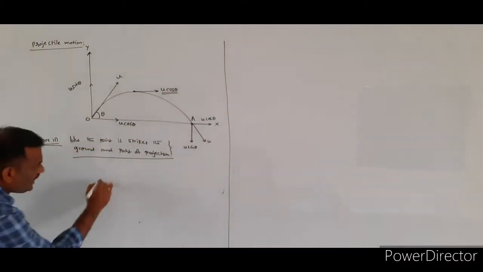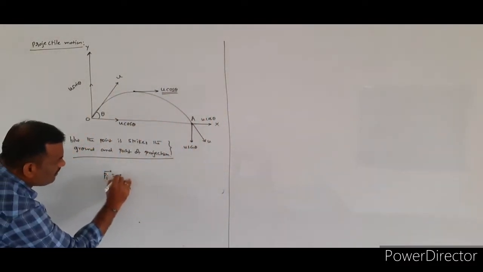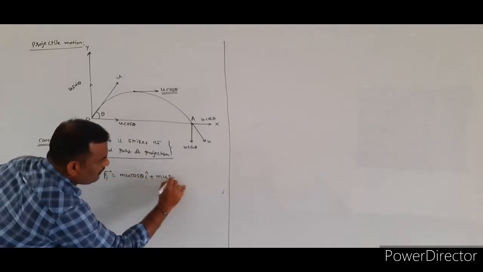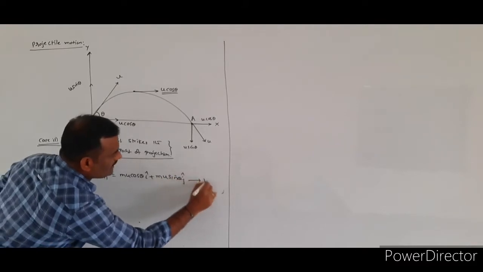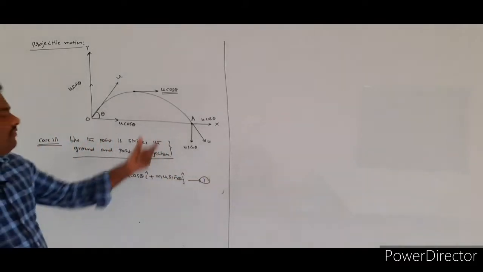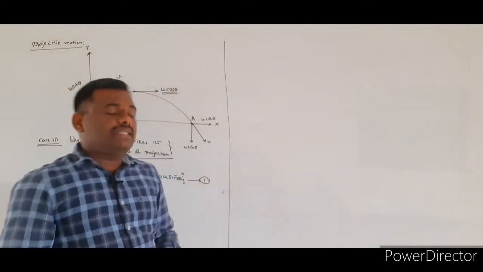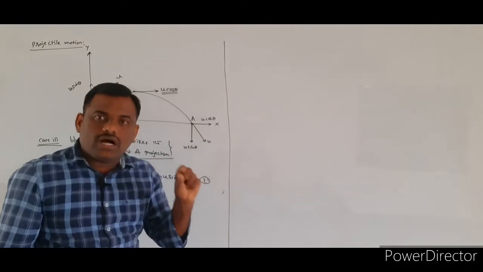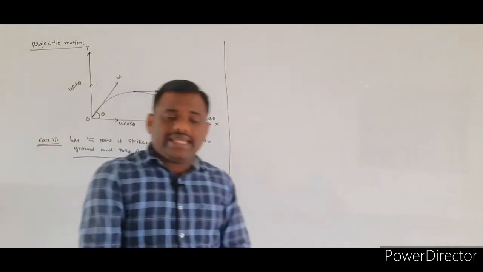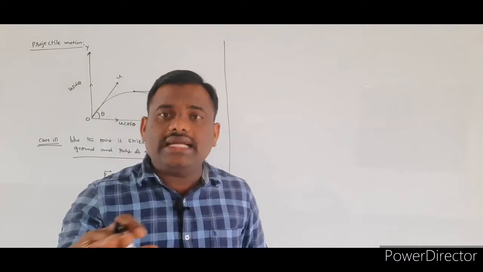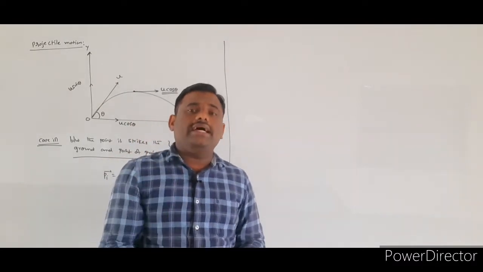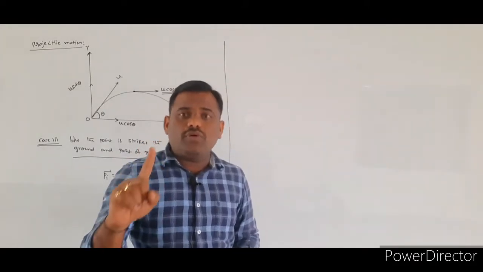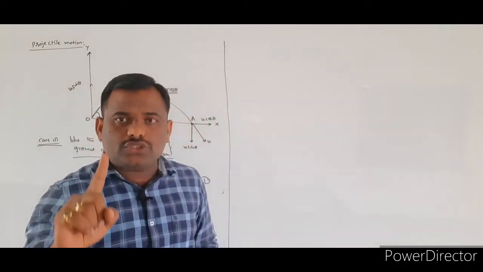Already you know that the initial momentum of the projectile will be given by mu cos theta i cap plus mu sin theta j cap. Let it be equation number 1. Now we have to discuss what is the velocity of the projectile at the point A where it was reaching onto the ground. Already in the theory we told that along the horizontal direction there is no acceleration present, hence the horizontal component of velocity is always constant,